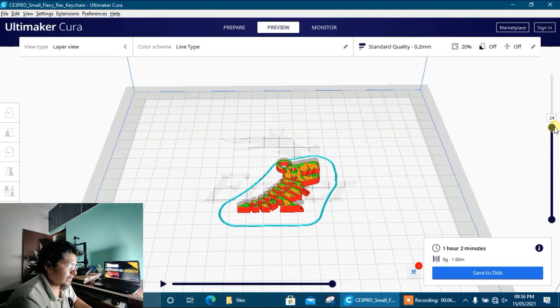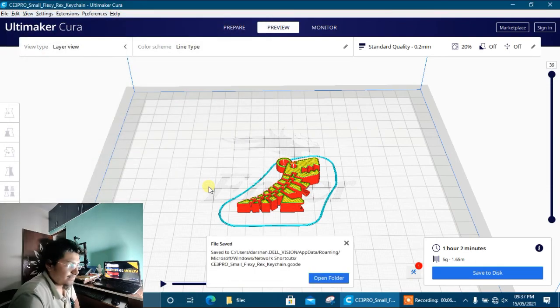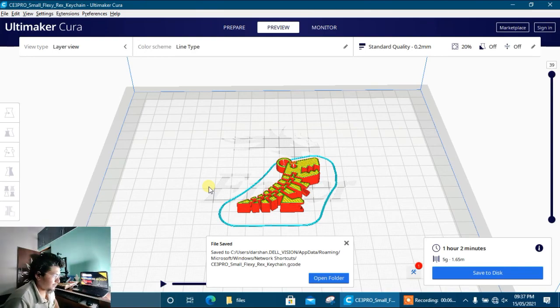So after this 24th layer, we will get another filament. So save it to the file. Now we will save that file to our SD card.